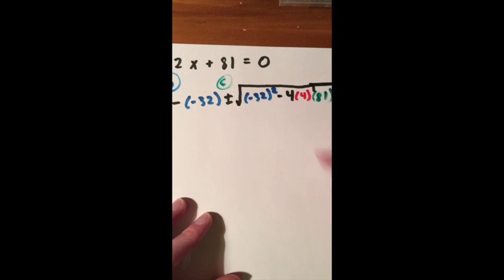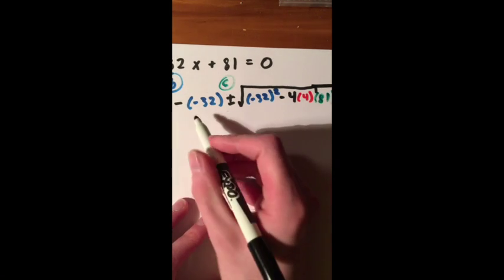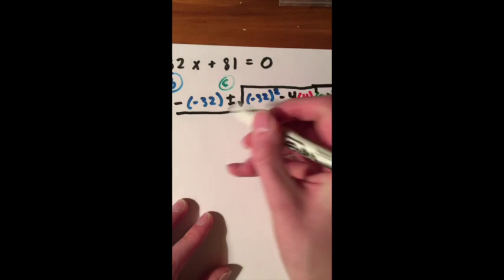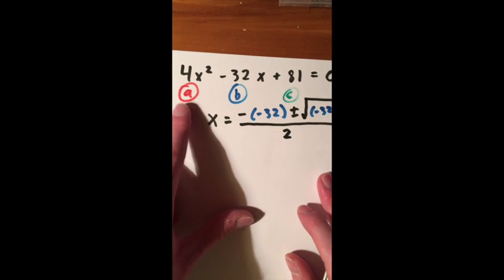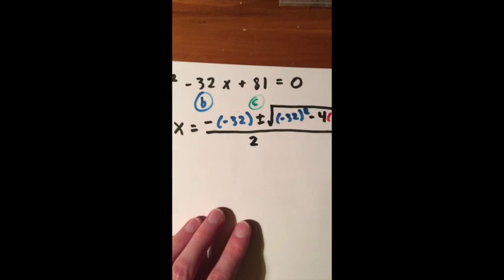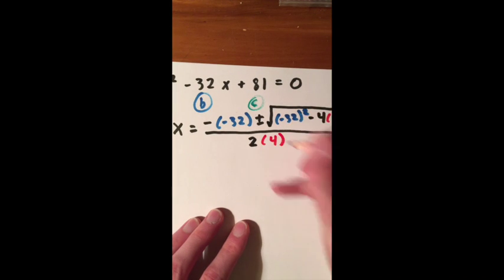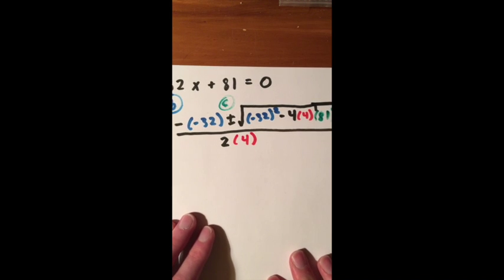All right. Okay, so that's all inside the square root. And what's it all under? Well, it's all under 2a. Let's remind ourselves, let's look back at our equation all the way back here. 2 times our a, well, our a was a 4, so on the bottom it'll be 2 times a 4. Again, a lot of people get to this point and they get kind of overwhelmed with